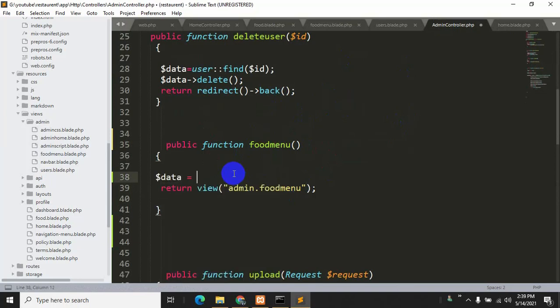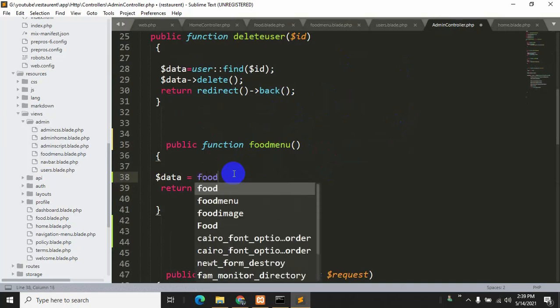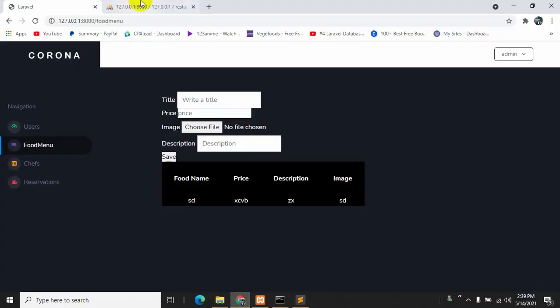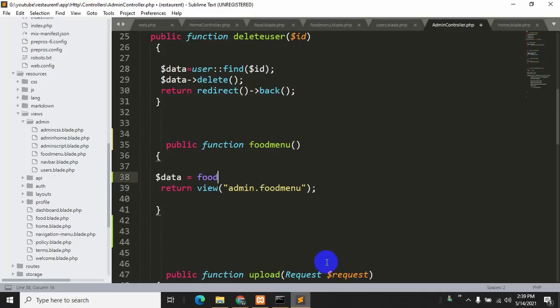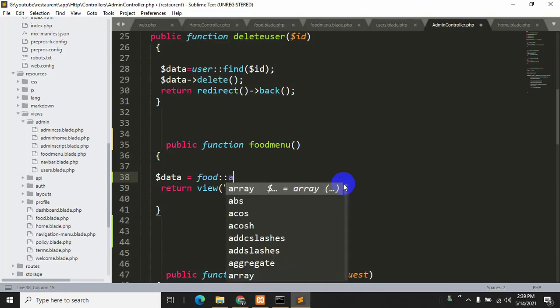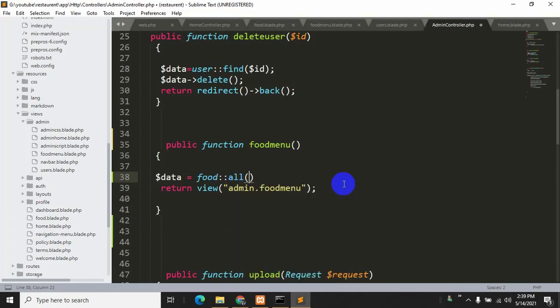You can declare any variable you want. We will say $data is equal to, we need to say the table name, which is food. I'll just show you again. Here you can see our table name is food, and we'll just call all the data. So we'll just say all. Now we have all the data from the food table in this variable.